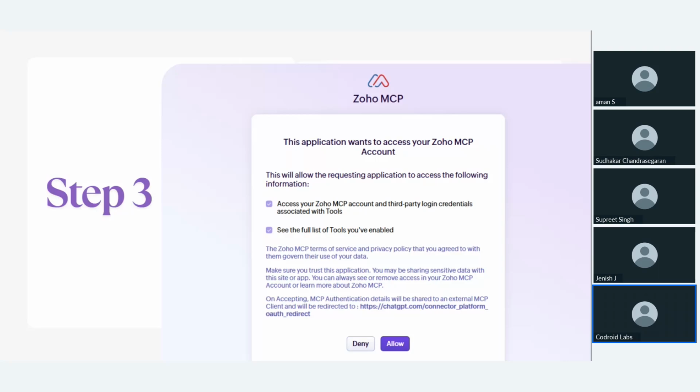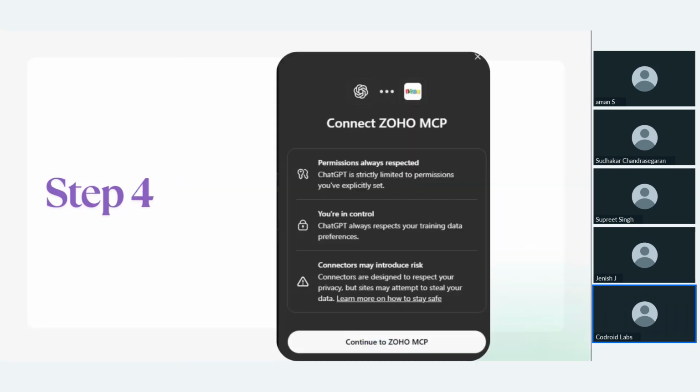In the Zoho application you can check all the fields, like access to Zoho MCP or full tool accessibility. Allow, and after that it will redirect to the ChatGPT panel. This is basically the ChatGPT panel, where you will find a pop-up to connect with Zoho MCP.